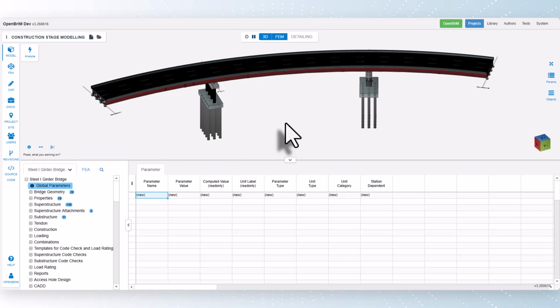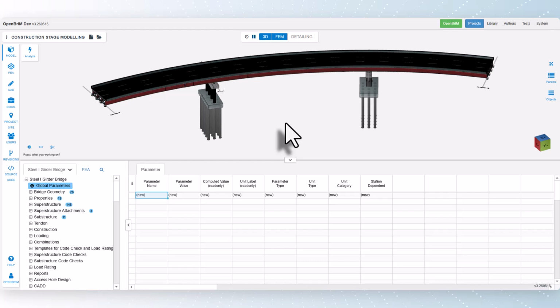To perform a staged construction analysis effectively, it is important to clearly define each phase of the construction process, including the sequence of activities and the specific conditions associated with each stage. Once the construction stages have been established, the relevant bridge components must be assigned to either construction or deconstruction activities within each stage. This ensures that the analysis accurately represents the contribution of each structural element to the bridge's integrity